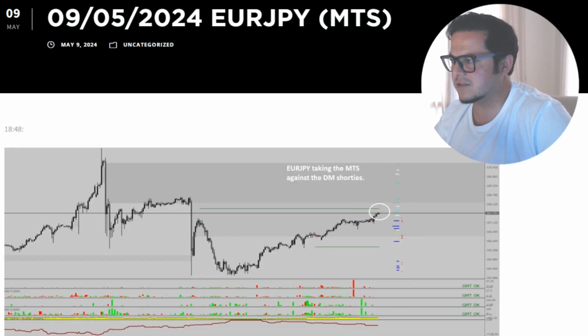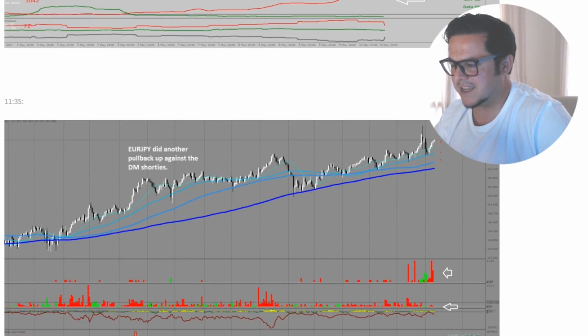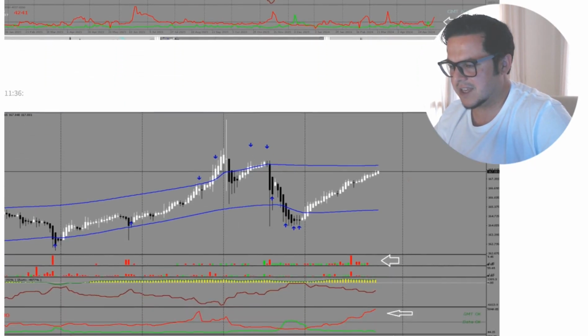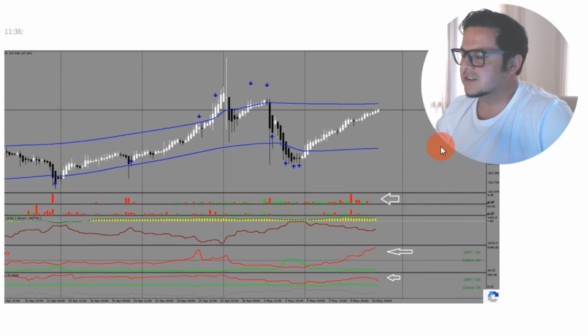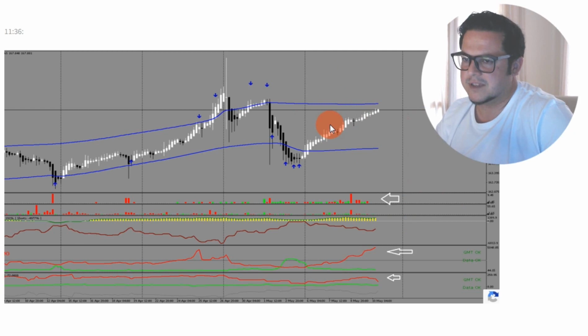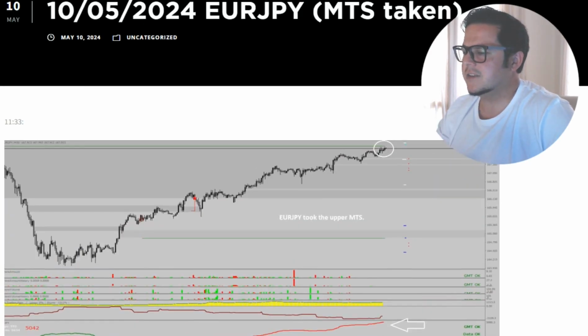Euro yen already took its MTS. It can take a bit more SDS and take the plateau, but the more this happens, and the more longies are trying to buy into this, the more there can be a reversal down. You see the things aligning. So that means this is a decisive moment. Pay attention to the market structure on Monday, because tonight the markets are closing in 2 hours. If you see those scenarios emerging, they can be tradable.